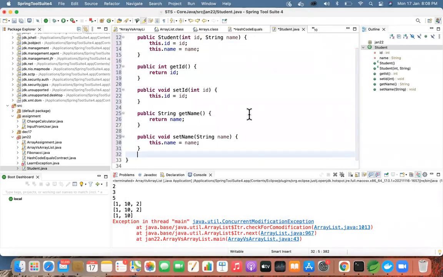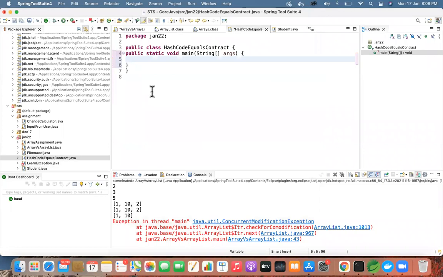Okay. Now go to your hash code equals contract file. Save this file and go to the other one which you have created, the contract file. Create two objects of student with the parameterized constructor, with an ID and name.